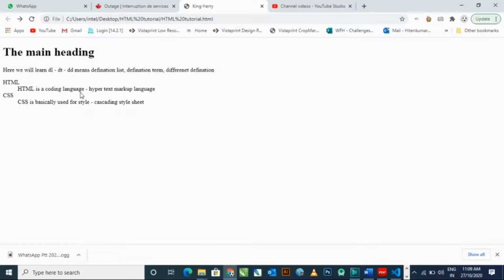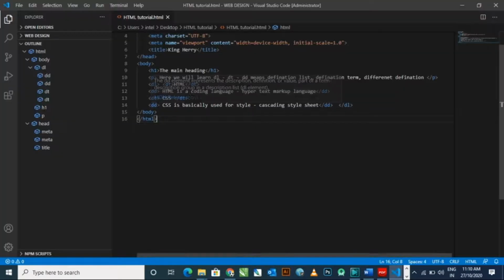You can see the definition with perfect format. You can see HTML is a coding language, hypertext markup language. CSS, what is the definition of CSS? Used for style, cascading style sheet. Simply I mentioned it in Visual Studio Code, not VS.